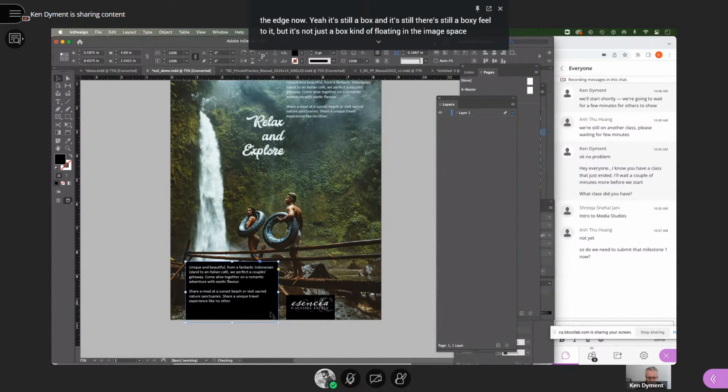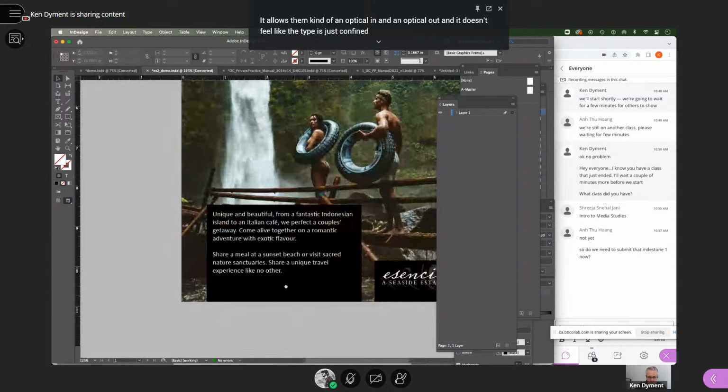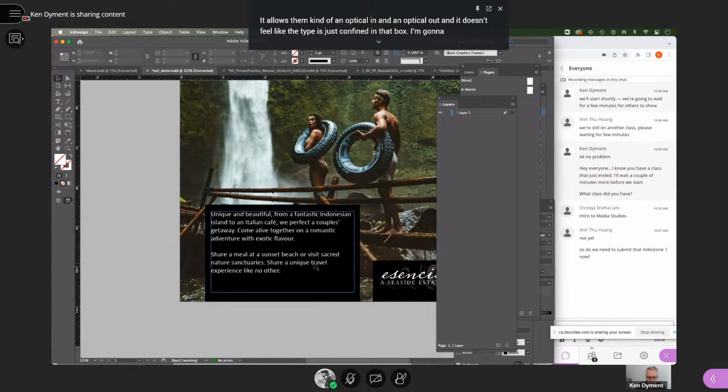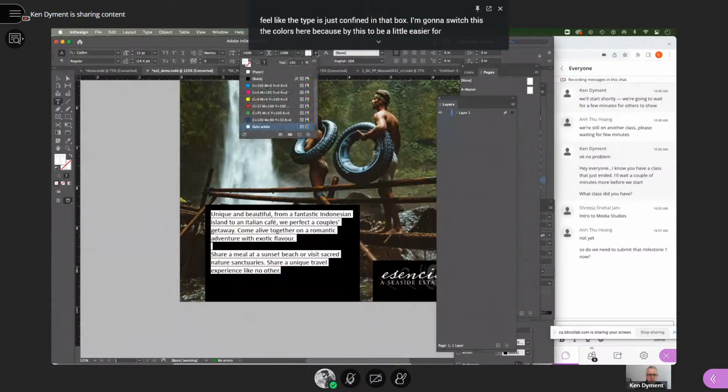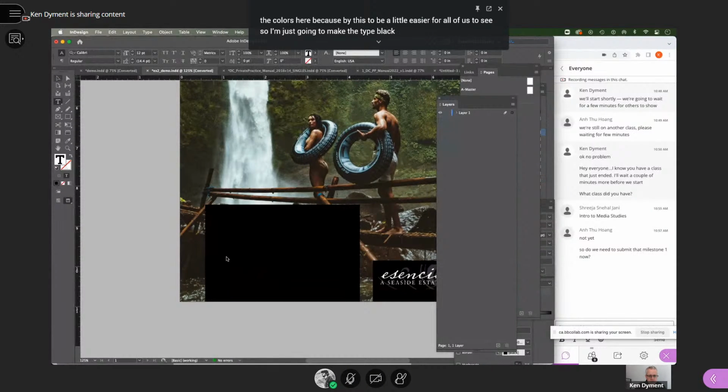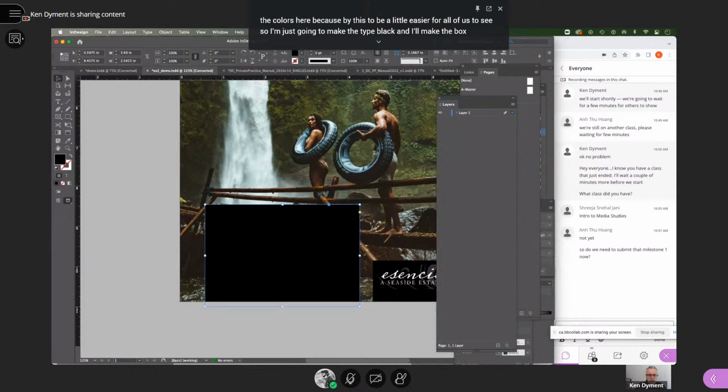Now it's a box that's actually bleeding out. And what that does for the viewer, it allows them kind of an optical in and an optical out, and it doesn't feel like the type is just confined in that box. I'm going to switch the colors here because I want this to be a little easier for all of us to see. So I'm just going to make the type black, and I'll make the box white so we can